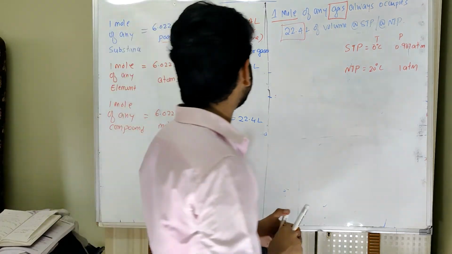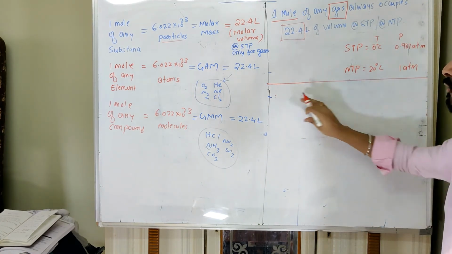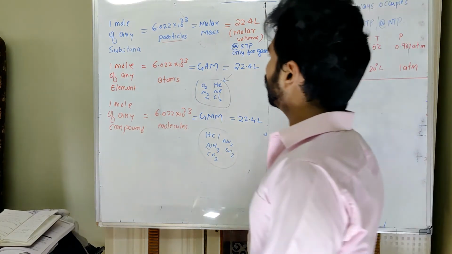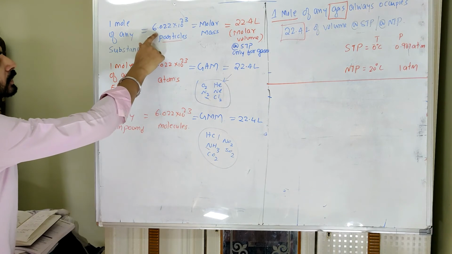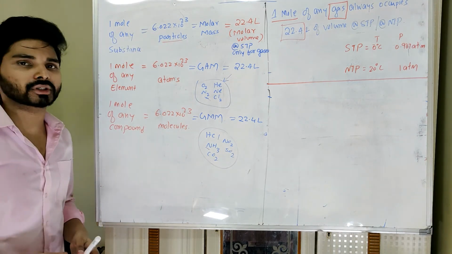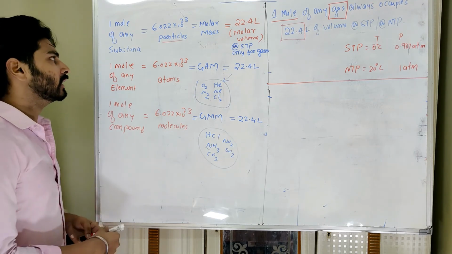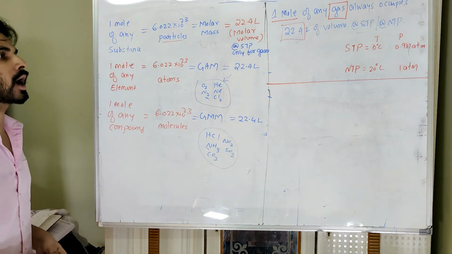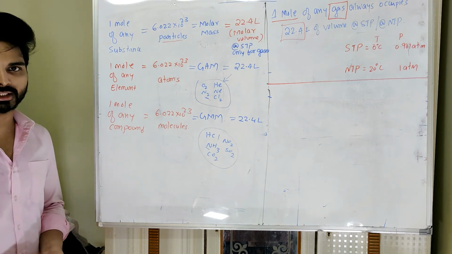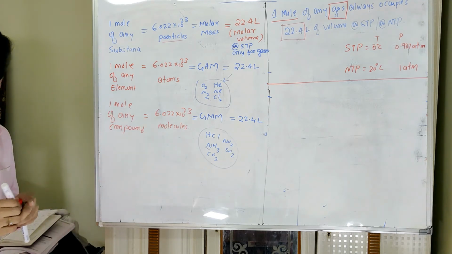Now after understanding this relation, we have reached the 3 basic formulas of mole concept. What is that? All the time we know that whenever it is 6 into 10 raised to 23, then only it is equal to 1 mole. What if some question says 10 particles or 20 particles? Then how much is that in mole? The question can be asked: 10 particles is how much in terms of mole? Then those 10 particles will be considered as the given number of particles.